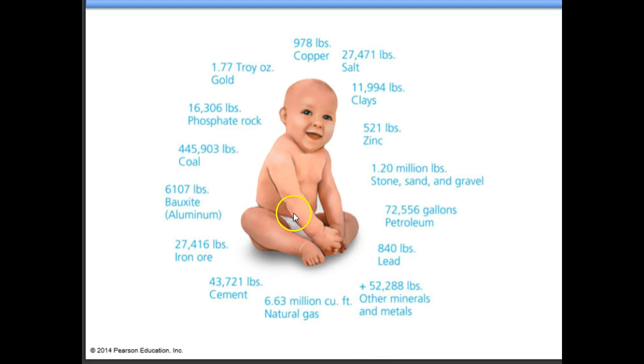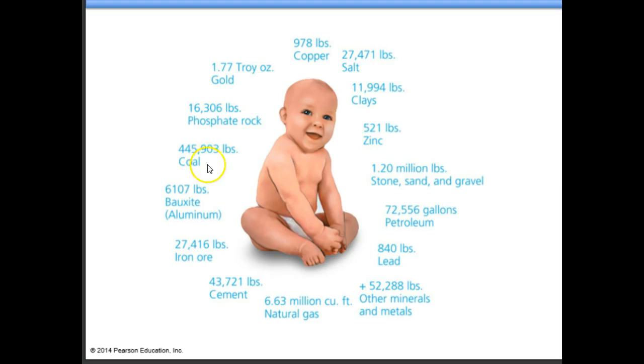So here is this cute little baby. In their lifetime, this baby will use about 978 pounds of copper, about 27,000 pounds of salt, almost 12,000 pounds of clay, 521 pounds of zinc, 1.2 million pounds of stone, sand, and gravel, almost 73,000 gallons of gas, 840 pounds of lead, about 53,000 pounds of other metals and minerals, 6.63 million cubic feet of natural gas, over 43,000 pounds of cement, 27 pounds of iron ore, about 6,000 pounds of aluminum,